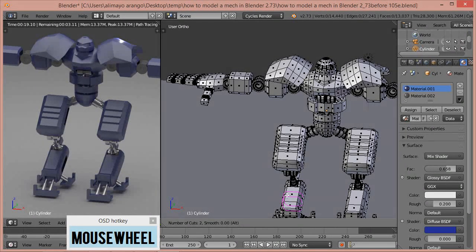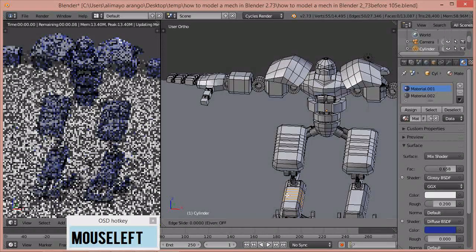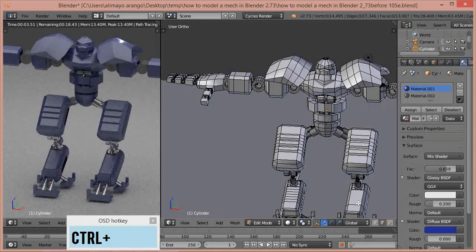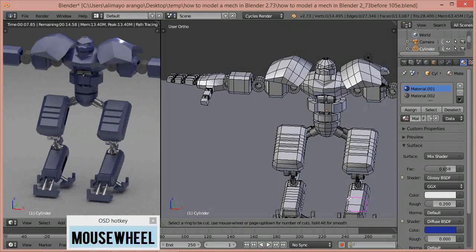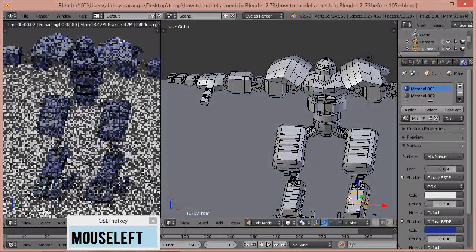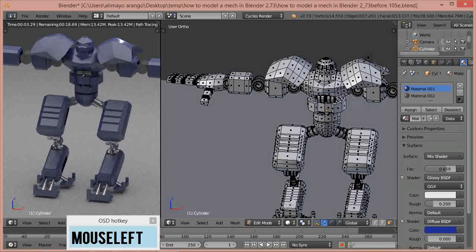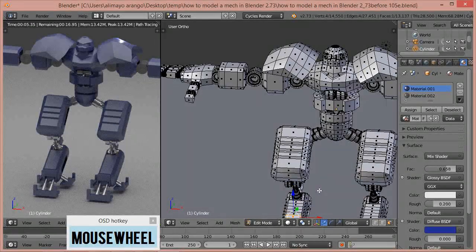Is that 1 or 2? I'm confused now. Okay, that's 1, roll, then 2, then 3, 4. Left click to lock in, left click to totally lock in. Press A to deselect, press Control R. Okay, so Control R was the first one, then it's 1, 2, 3, 4. Left click to lock in, left click to totally lock in. Go to face select. Same type of deal. We'll select every other